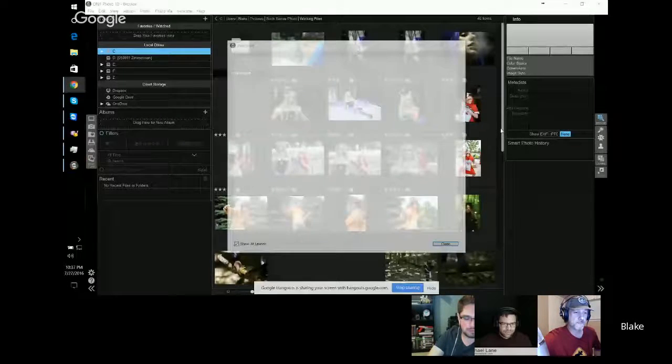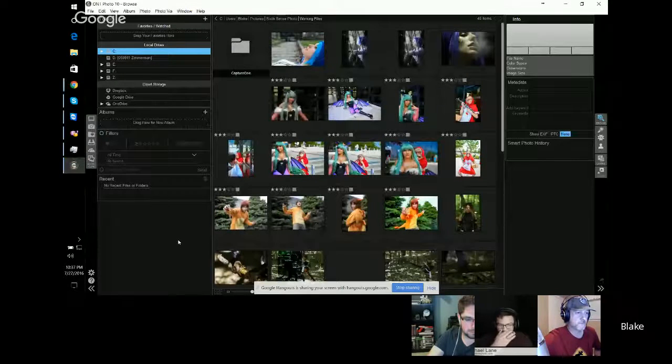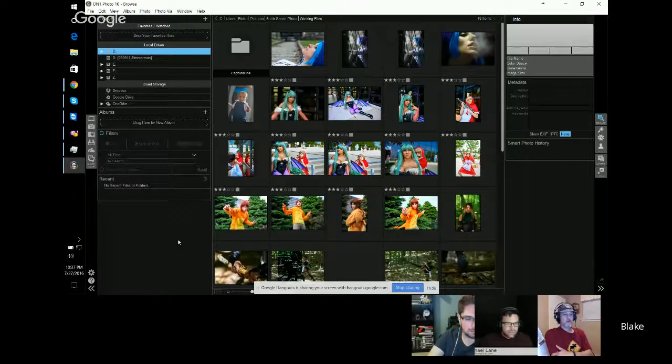Okay, so I'll jump into On1 here. Just give me a second. Okay, so On1 is, I look at it as kind of like a halfway point between Lightroom and Photoshop. It has library management. You can do your keywording. You can find your photos. You can go through everything. You can star and rate your photos, and it's actually pulling in all my